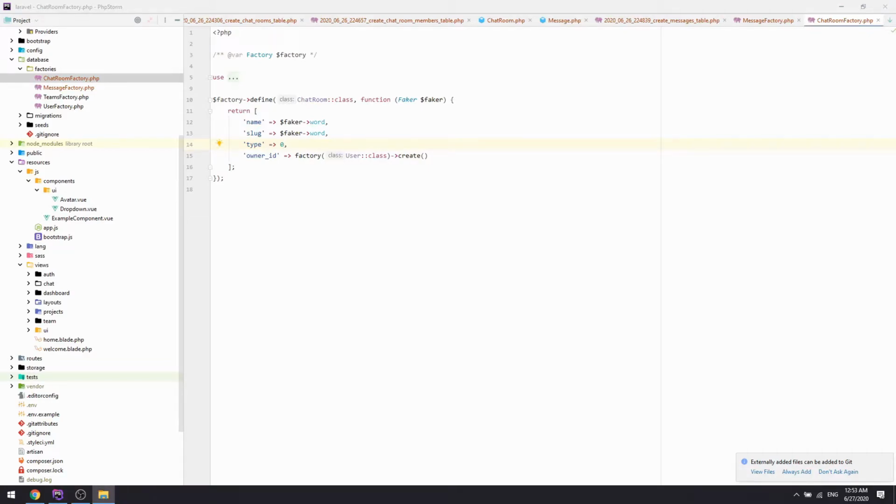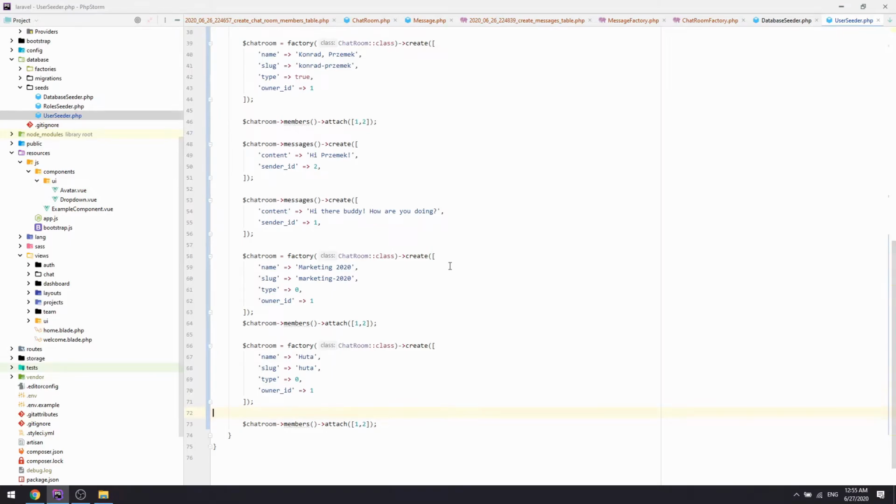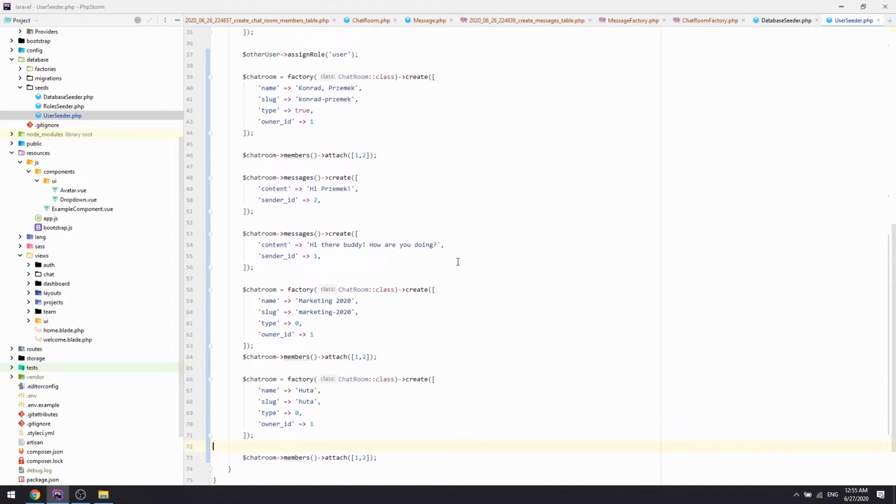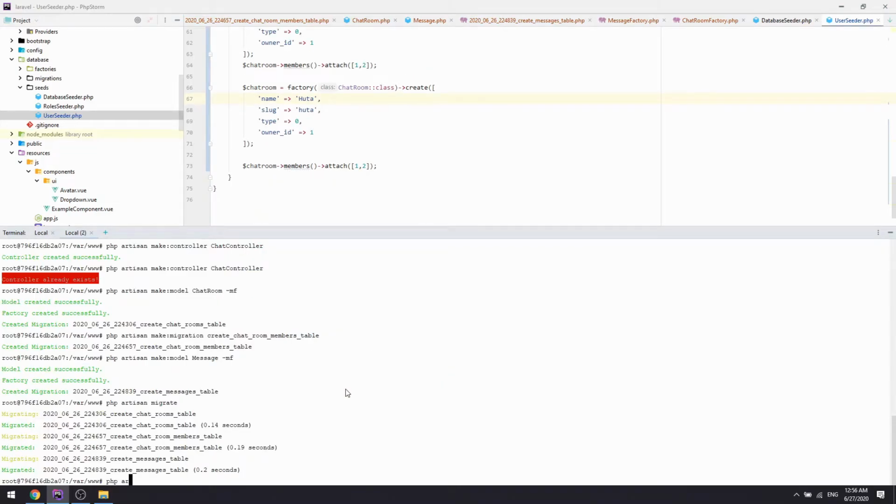So now I will just add something to the seeders, maybe just create a few chats, set the users, maybe send a few messages, and then we'll be seeing it on the front end. It will be easier to work this way. Just created some basic seeders just to check if it's working for us. And now if we run our migration with seeds,